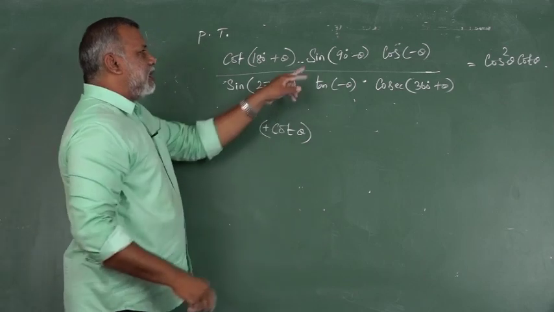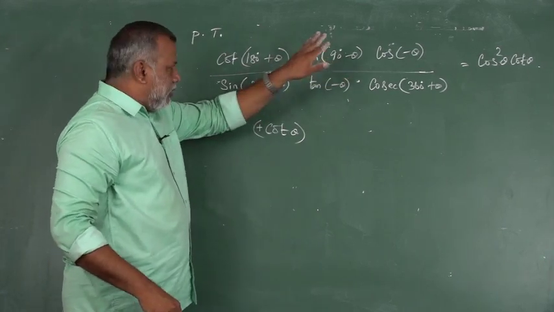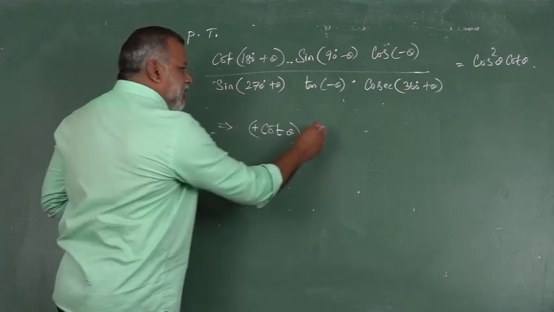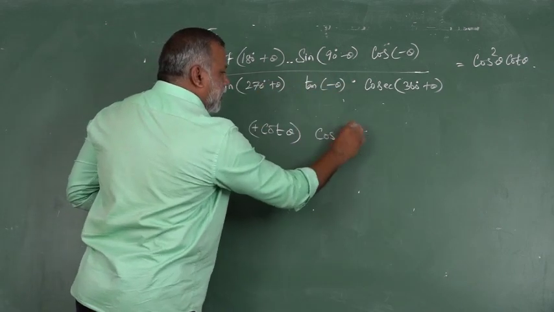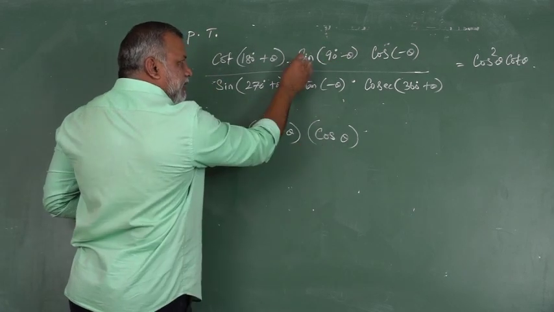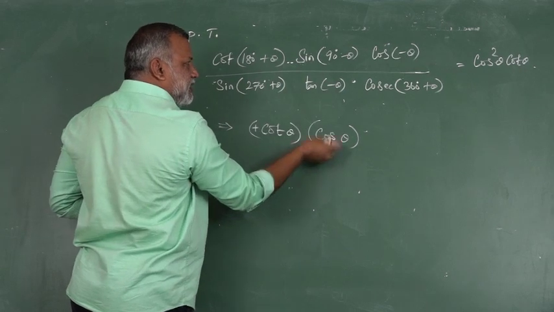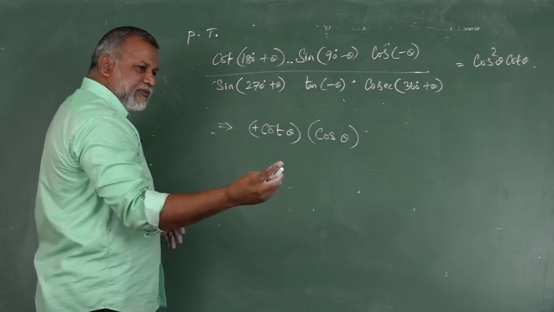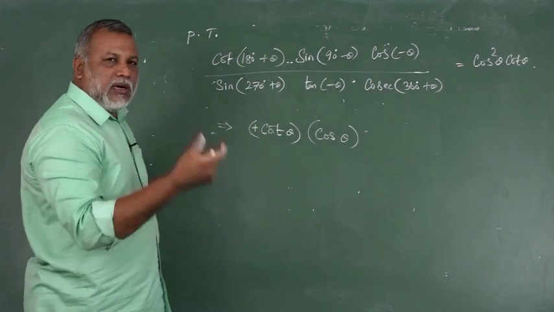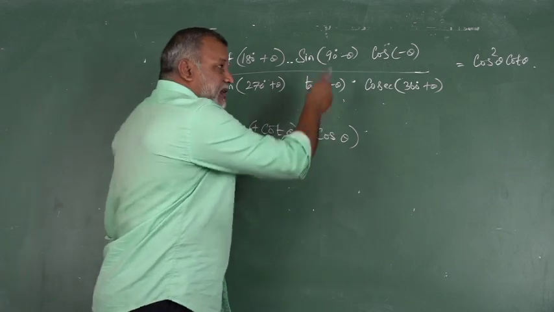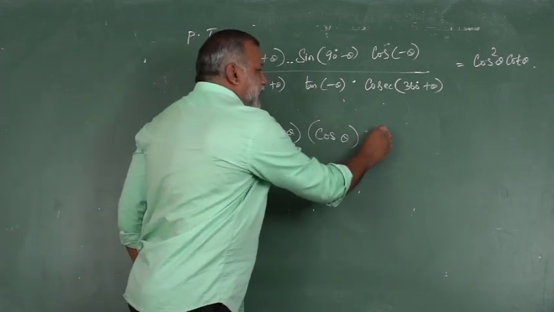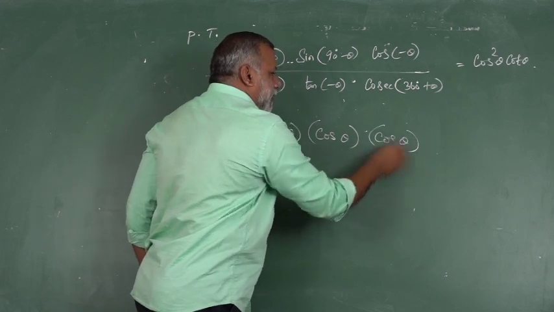See the second one, sin of 90 minus theta. You have already proved sin 90 minus theta. That means cos. Why does cos theta come? 90 means apply the cofunction. For sin, cos is the cofunction. 90 minus theta lies in the first quadrant, all are positive. Then see, cos of minus theta. Cos absorbs the negative. Already we discussed these ratios of minus theta. Cos absorbs the negative, therefore it will produce cos theta.